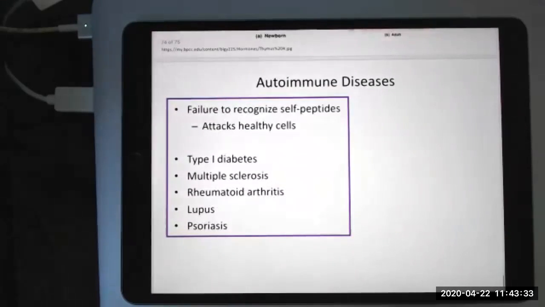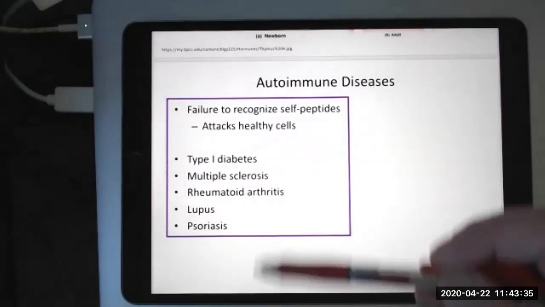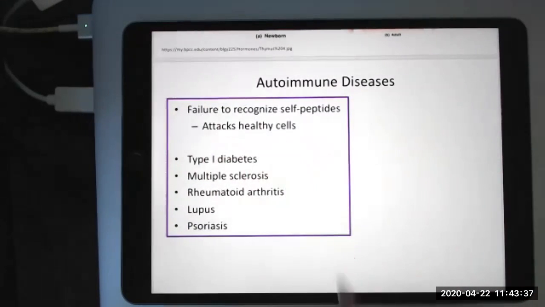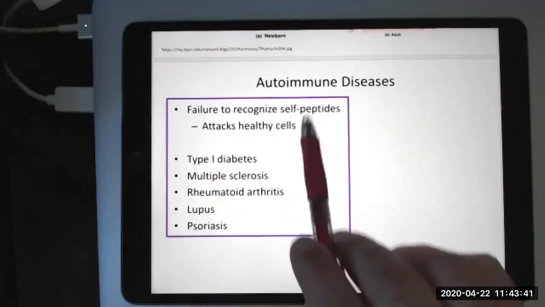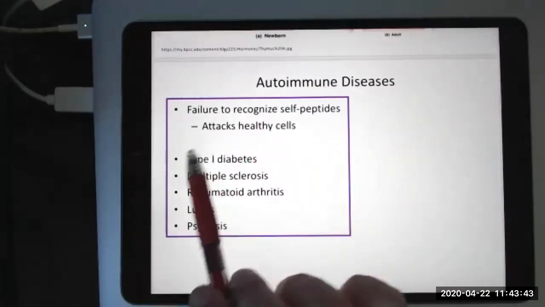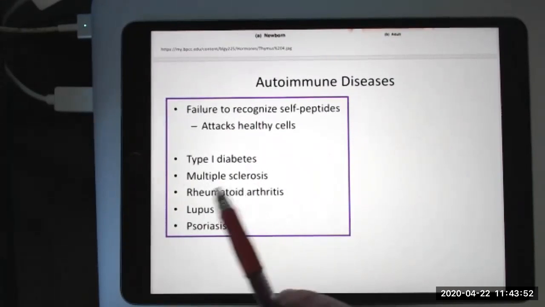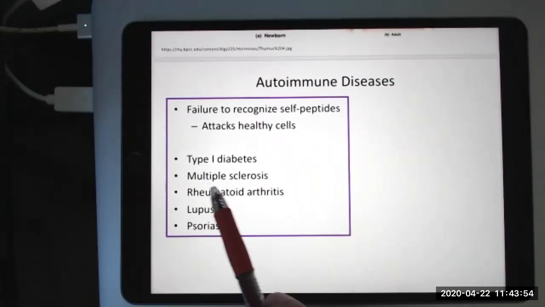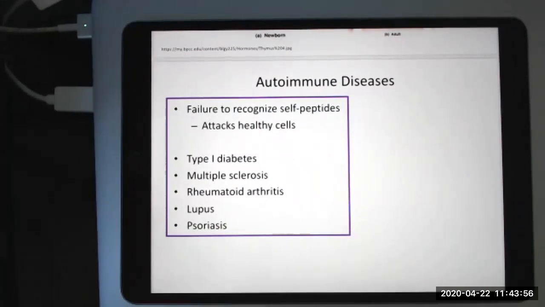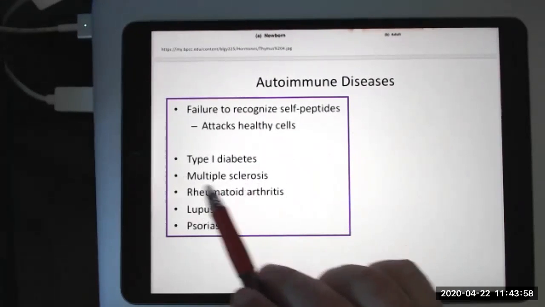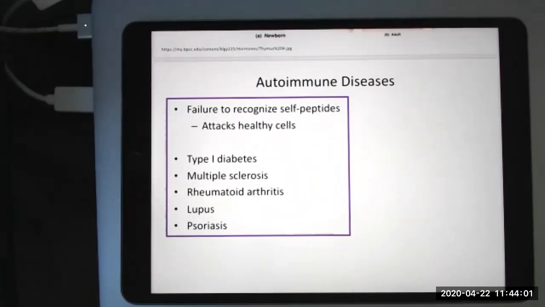Okay, so there are some autoimmune diseases, so you might want to know this list. Really, they're just a failure to recognize self-peptides. So what is happening is you attack healthy cells. For type 1 diabetes, it's attacking the pancreas. Psoriasis, it's attacking the skin cells. Rheumatoid arthritis, it's the joints. Multiple sclerosis, it's the neuron, the coating, the sheath of the neuron. I don't remember what lupus is, but I know it's